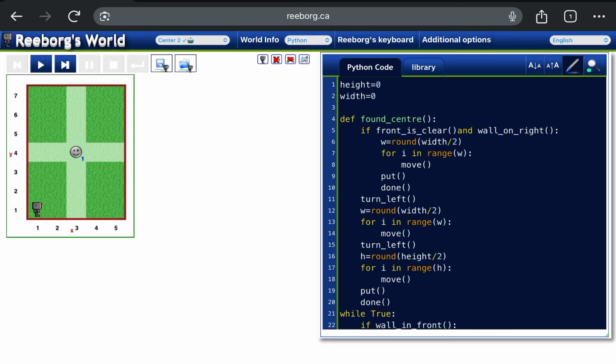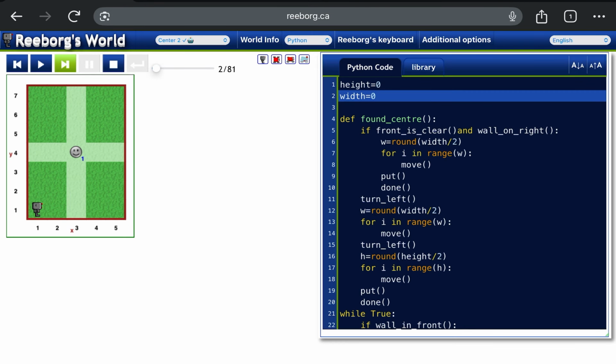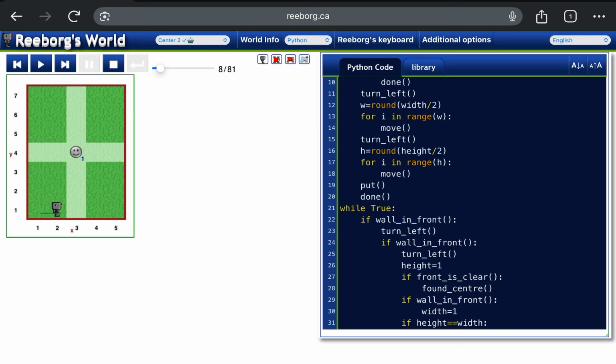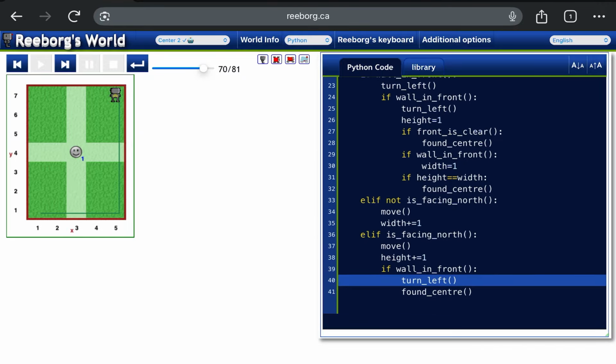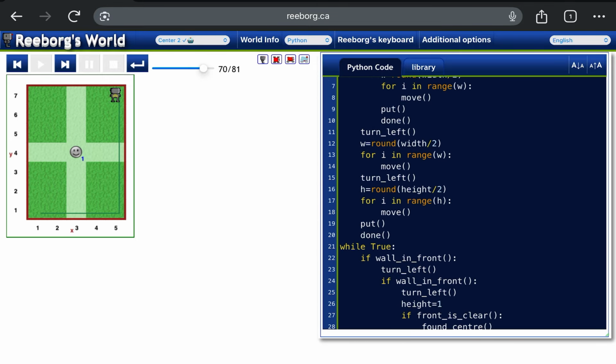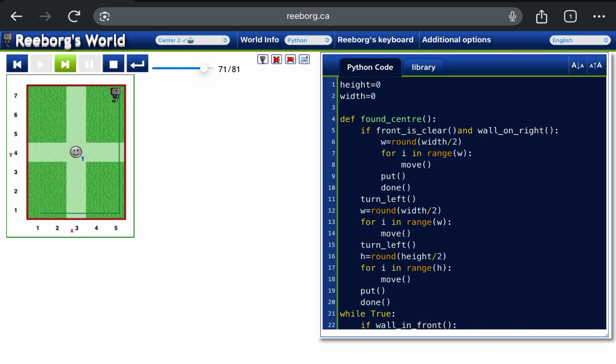Okay, now it, oh, I'm sorry. Wall in front, turn left. So when it, if front is clear and wall on the right,